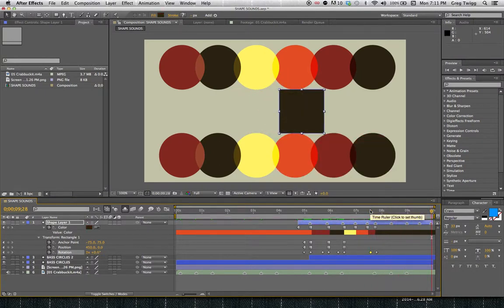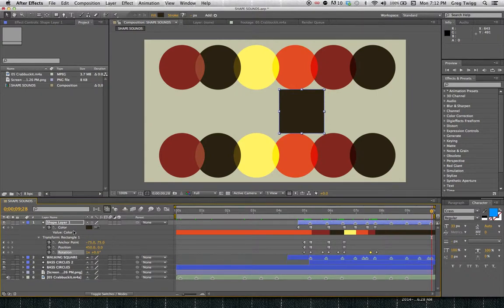Yeah, so we're getting there. Now I would just keep on the track of changing the anchor point and position for the rectangle so that it's always pivoting off of the bottom right corner, keyframing the rotation another 9 degrees for every time it needs to stomp down on that bass rhythm, and then also changing the color. And the final result would be